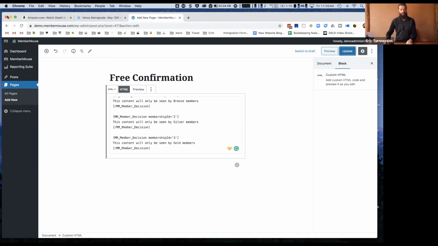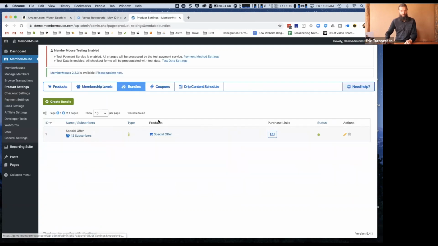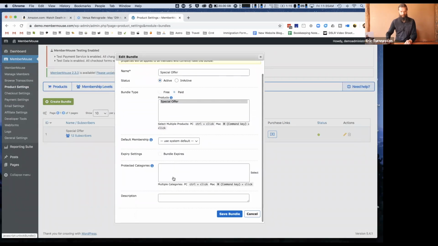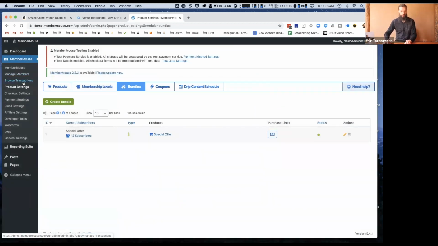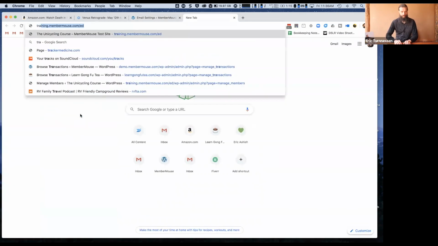No, you don't. By default, MemberMouse will pass bundle information to MailChimp. So you'll notice when you set up bundles that there is this, well, it's not here because I don't have MailChimp configured for this. I wonder if I can just make up an API key and it'll allow me to do it. Maybe, maybe not, probably not. Hold on a second, let me